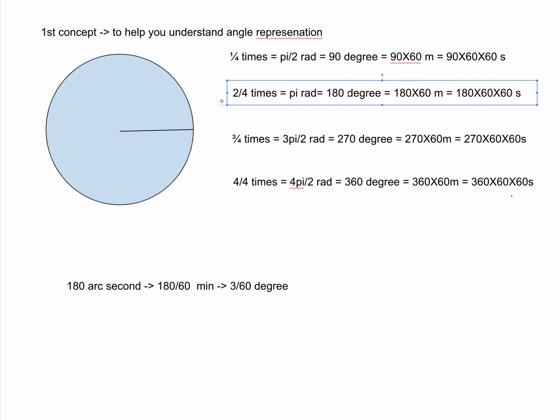So 1 degree is equal to pi by 180 radian. Okay, 1 degree is equal to pi by 180 radian. Means from this formula you can understand, let me try to write it down. From this you can understand that